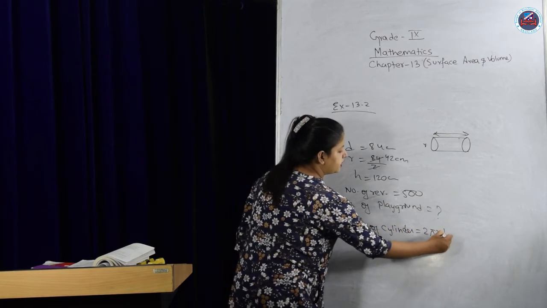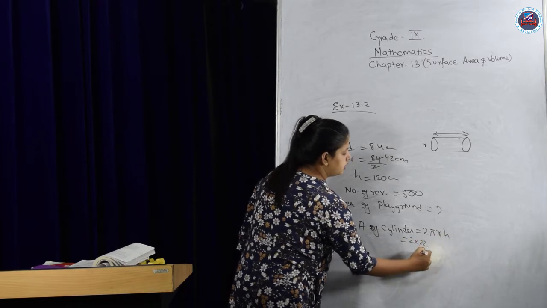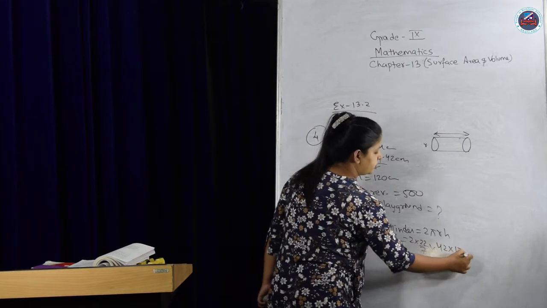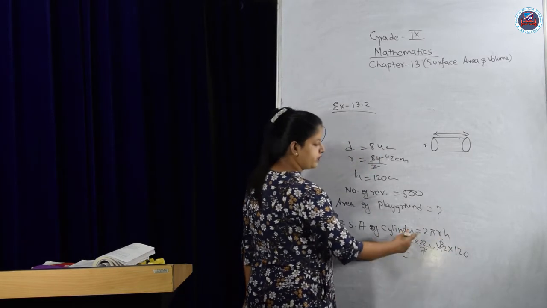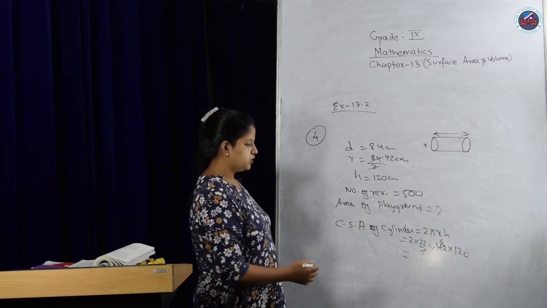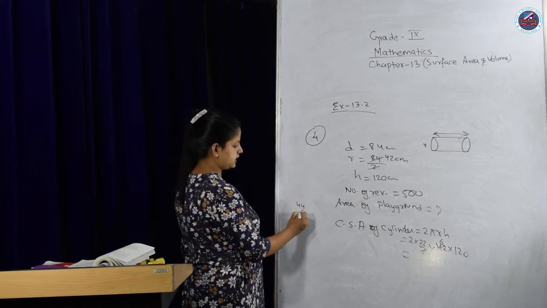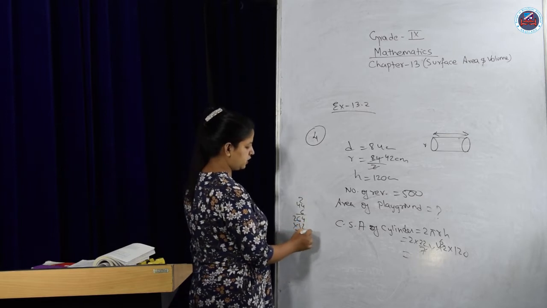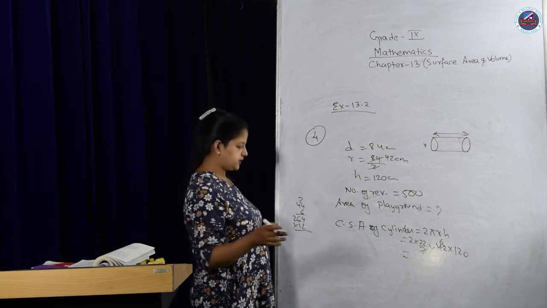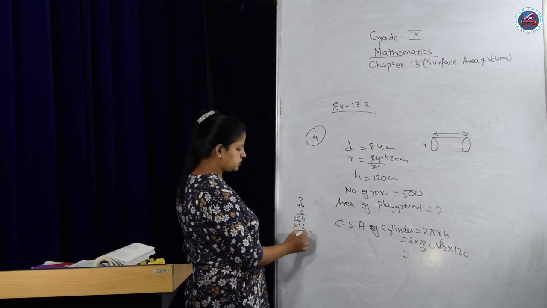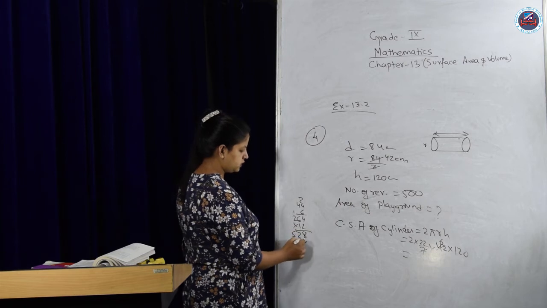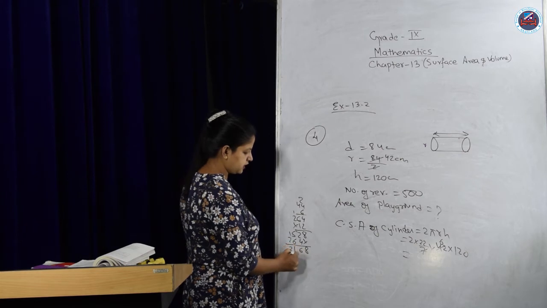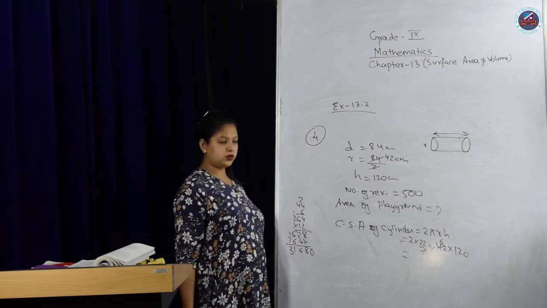2 pi r h. Pi is 22 by 7. R we have 42. H we have 120. 7 sixes are 42. Let us multiply all. 22 into 2 is 44, into 6 is 264, into 12, 120, 0 we'll put it in the end. So that means 31680